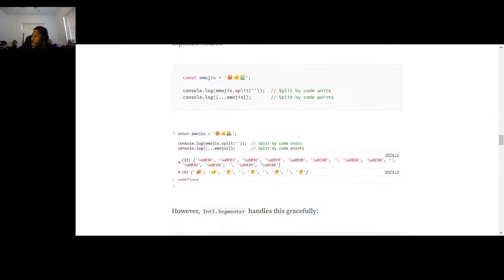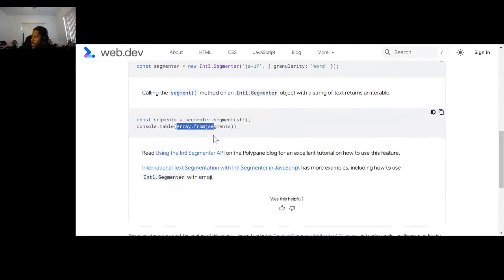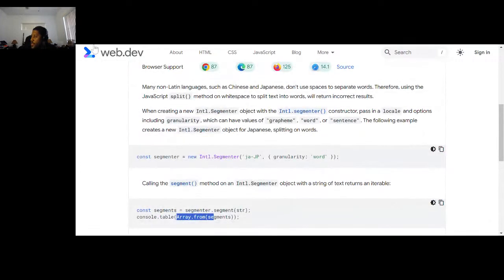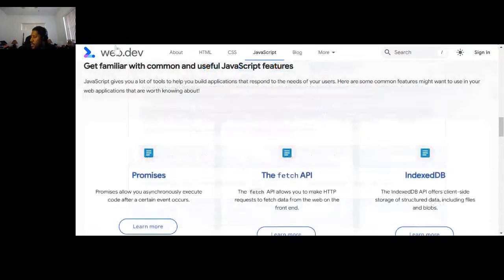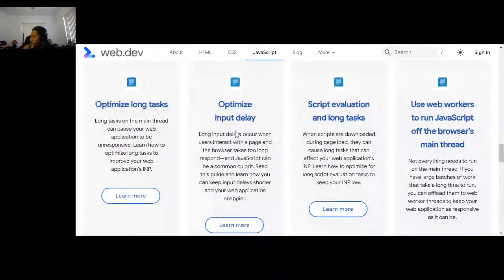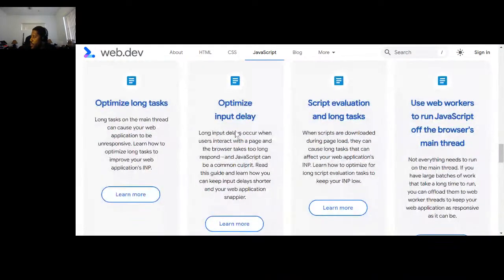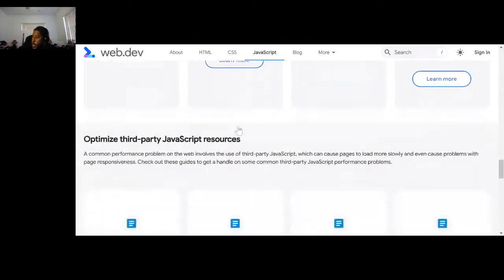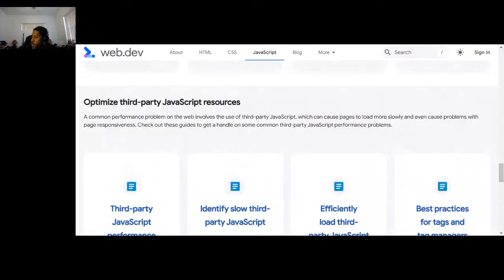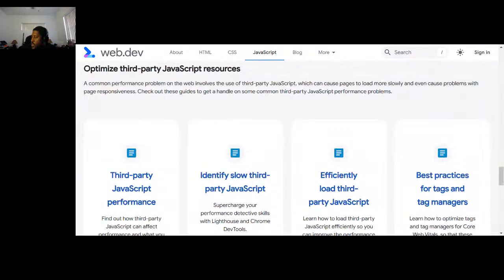If you want to go down a rabbit hole, web.dev is a pretty good place to do that, where you can learn about new stuff, or refresh your memory on things, or try new stuff. Like using web workers to run JavaScript off the browser's main thread. That can be super important. And then optimizing third-party JavaScript resources.